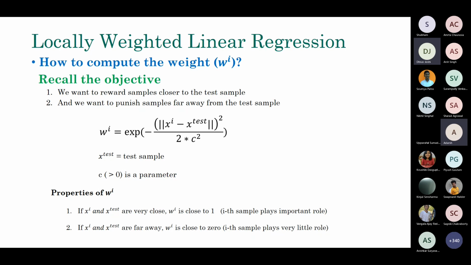But what if we just ignore C? If we just remove C and use only the distance, won't that be a weight function? C lets you smooth the values. You can think of it as a scaling parameter, a smoothing parameter. If you ignore C, it may be difficult to get good results.